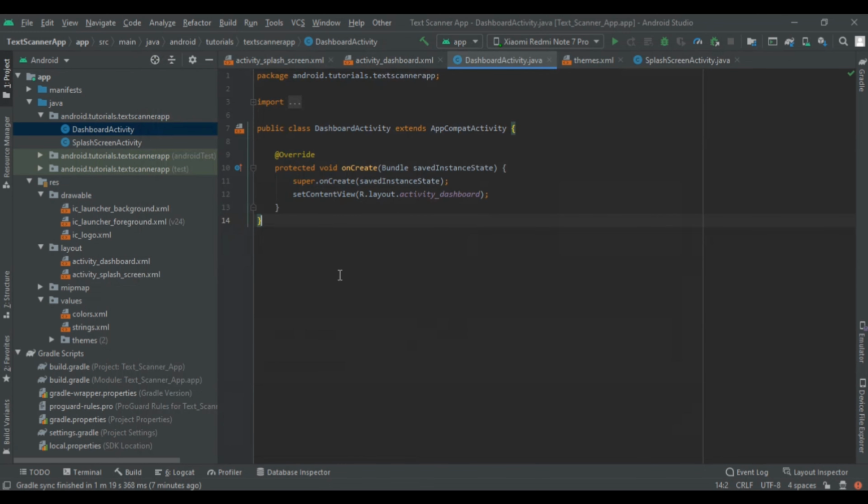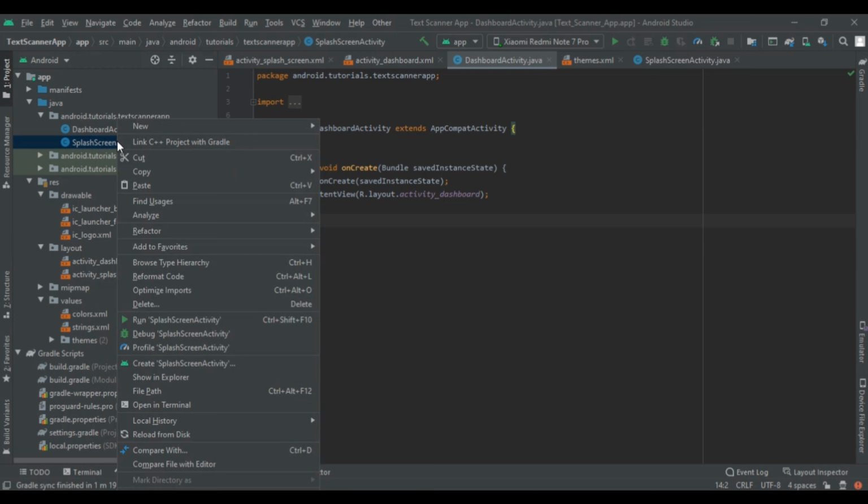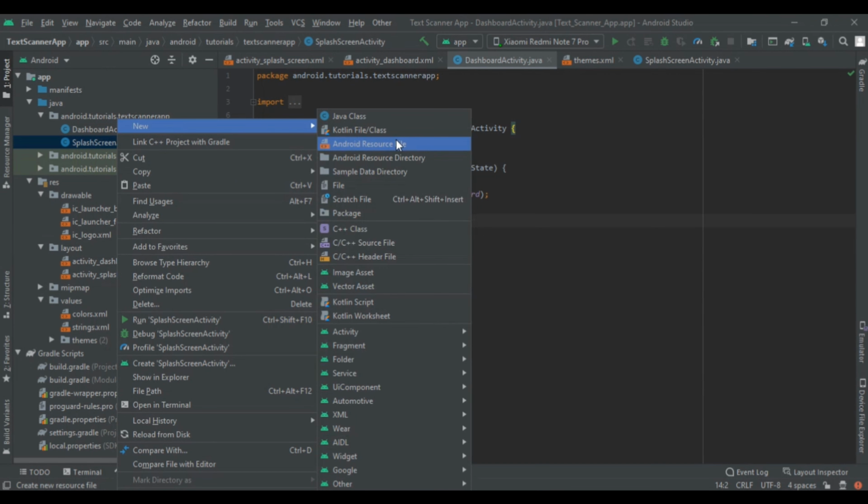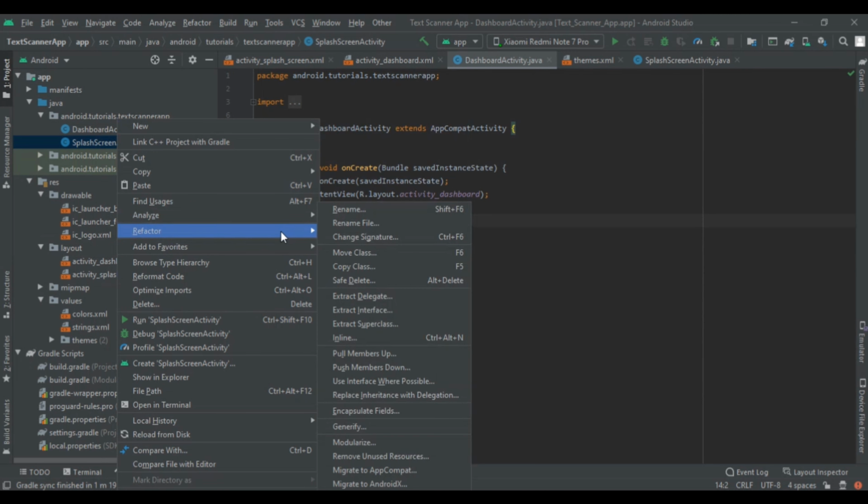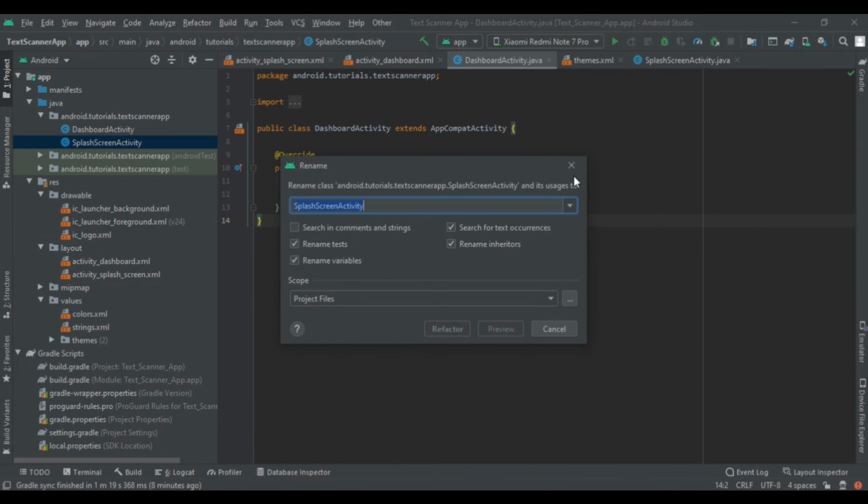This will create one file in the layout folder and another in Java. And I renamed the file of our splash screen, the main activity, to splash screen. To do that, right click on the activity, click on Rename and then rename your file.